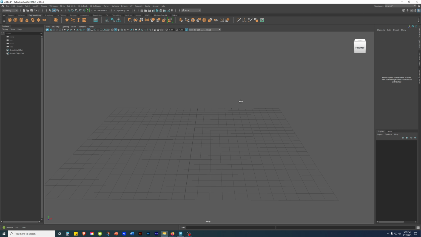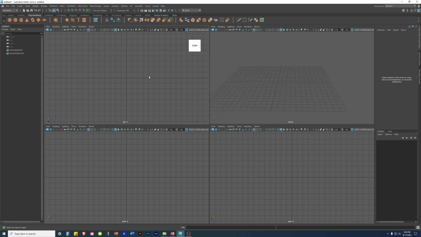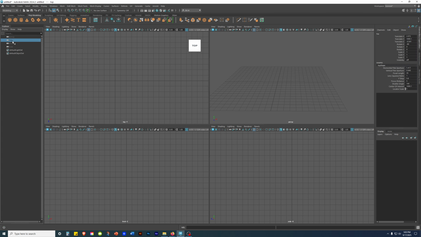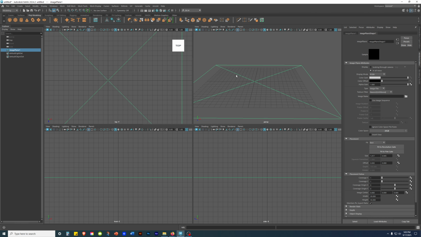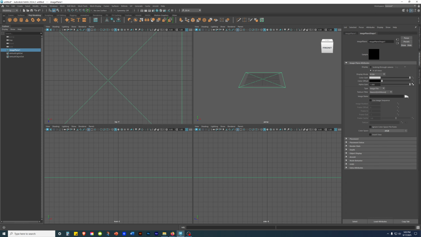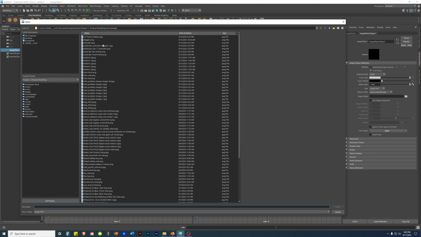Alright, so from here, spacebar, I'm going to use from the top down. So I'm going to select the top camera. I'm going to go to the attribute editor, close everything, open up the environment tab, and then press create. And then I'm gonna click on this folder icon, and then I'm going to